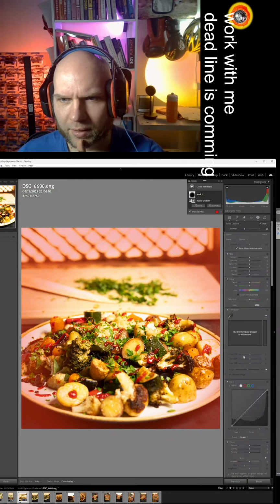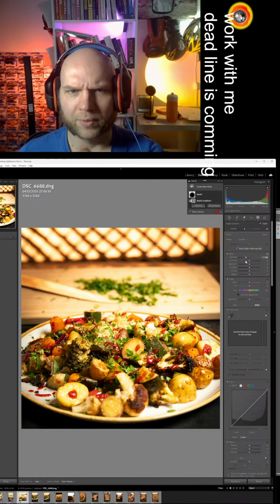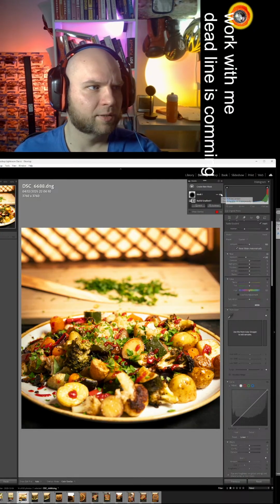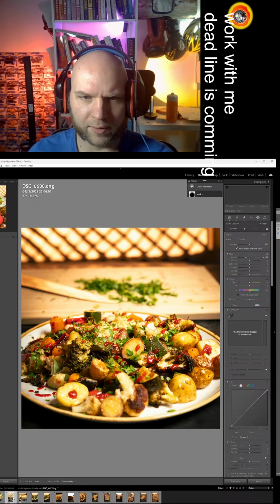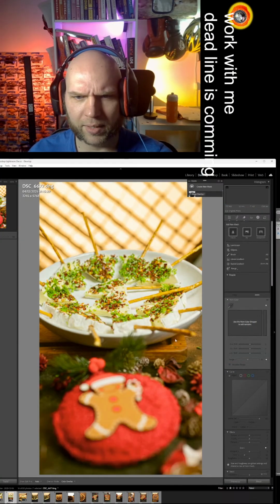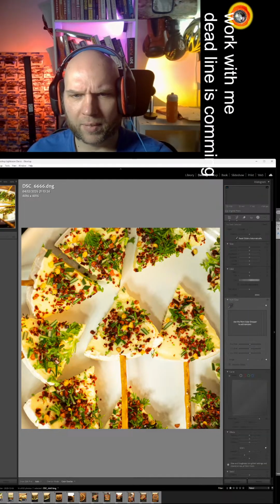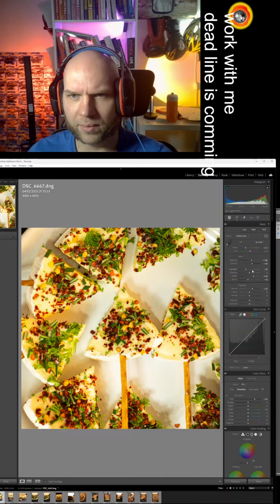Perfect. And let's just make it a little bit darker. Pretty simple, nice effect. So as you can see, before and after this operation, I really like it. And I would like to add also this one to some cheeses. It would be nice. Over here our main subject is in the center. That will be easier to do